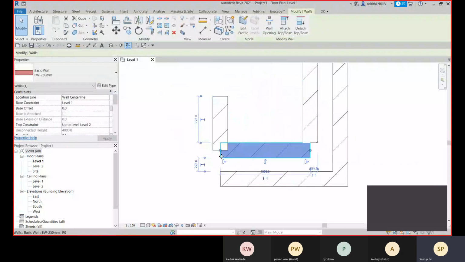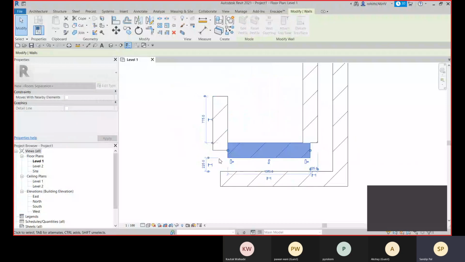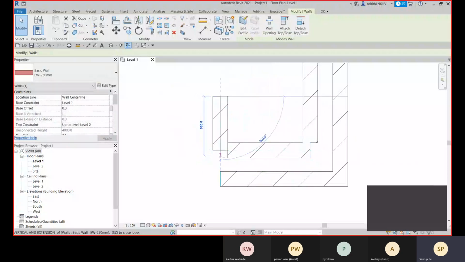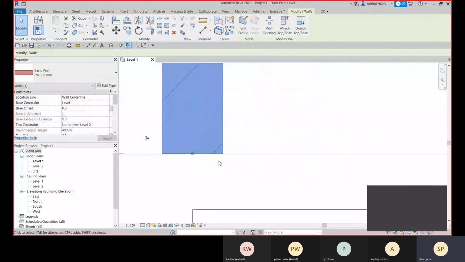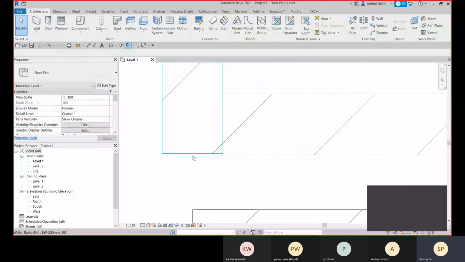So I can place it till here, and I can place it till here. Or if it is not properly aligned, I can go with the align option. I'll select this edge, and then I'll select this edge, and this will be aligned.